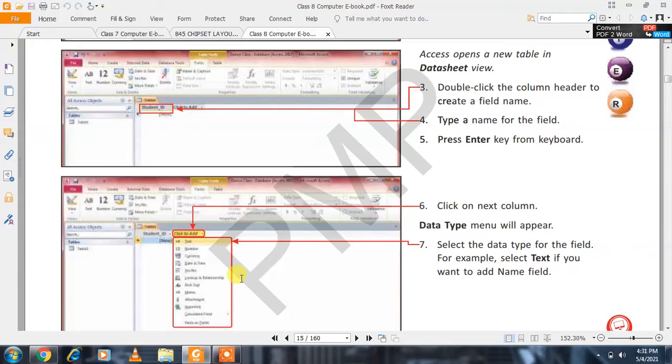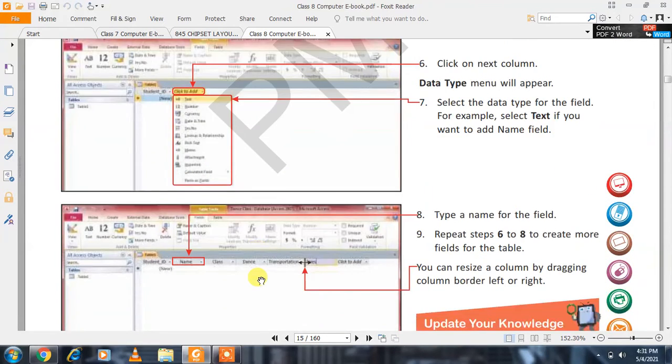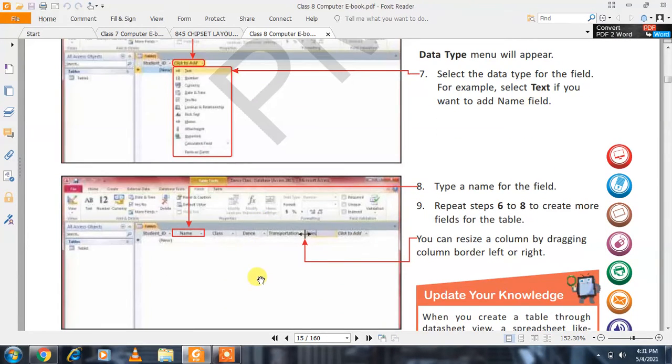In the next part of this chapter, I am going to explain the various data types used for entering data in MS Access. There is an option to choose which type of data you want to feed in this column, either text, currency, date or hyperlink. Lots of data types are available in MS Access; later we will discuss them. Select any data type, let's suppose the text data type. After this, we have to create several columns and their data types. These steps can be repeated for as many fields as are to be created in the table.